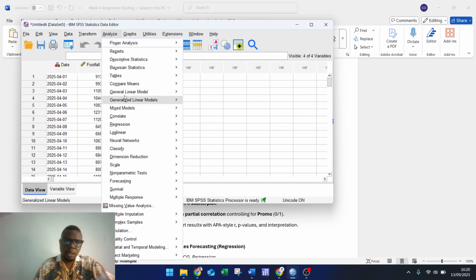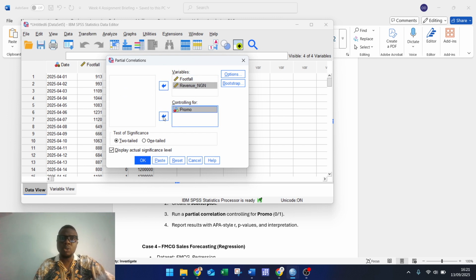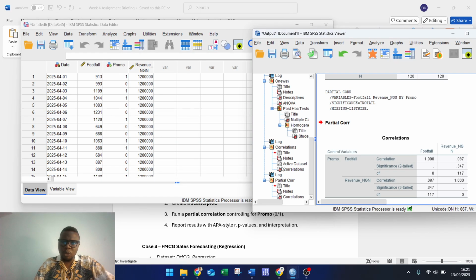Looking at analyze, correlate, partial. Now you see that we have the three now. So we have footfall, we have revenue, now controlling with promo. I didn't take this one in the last class. So that's now a partial correlation. So promo, now that is we want to check relationship between these two with respect to promo. So when we run it,